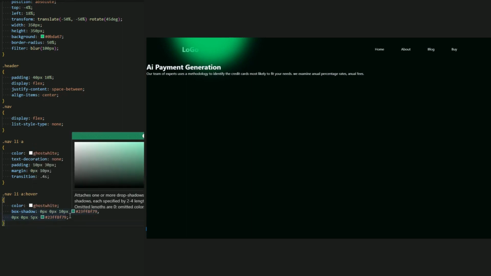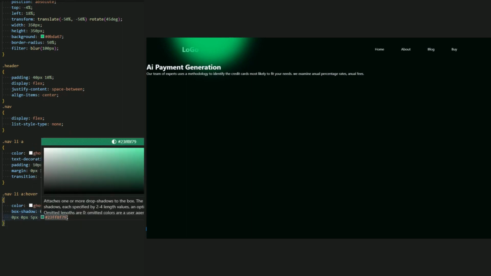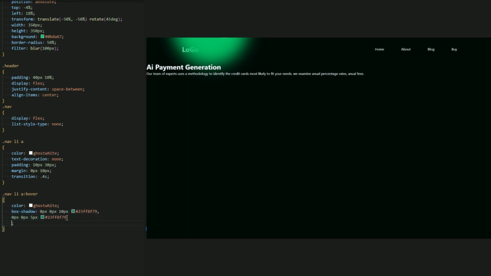And now inside this box, I want to add inset so the color is inside. So inset 3 pixel, 0 pixel, 3 pixel of this color. There we go. And minus 5 pixel, 5 pixel of this RGB, 50%.